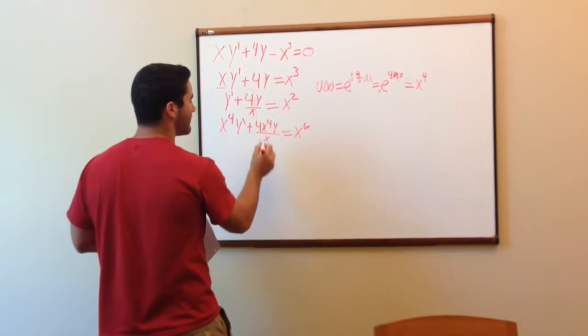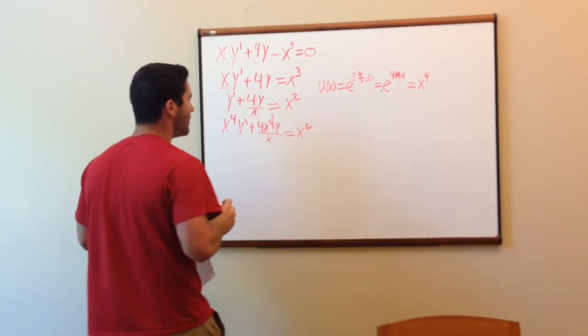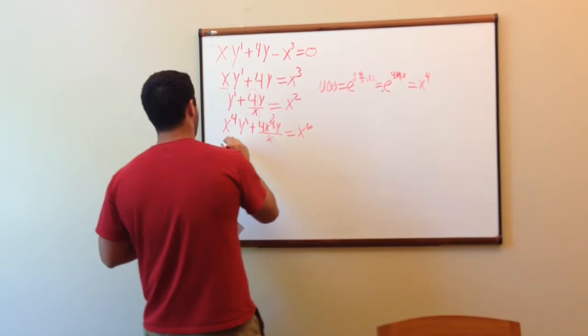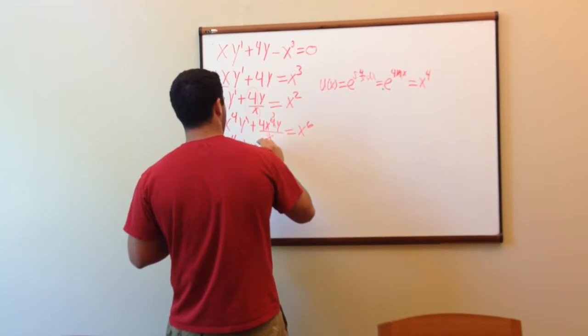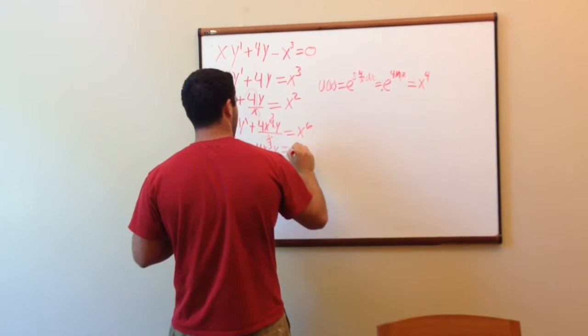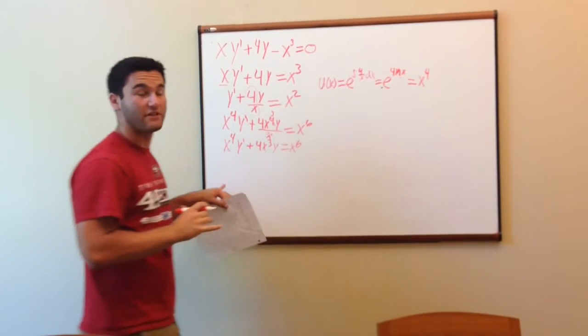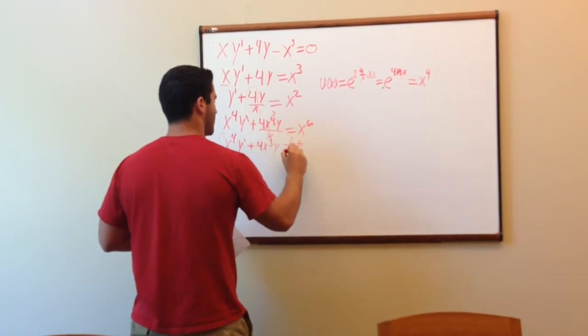Now as you can see here, this x is going to cancel out and make this x cubed. So, we'll write that again. So now we have to integrate both sides with respect to x. And if we do that,